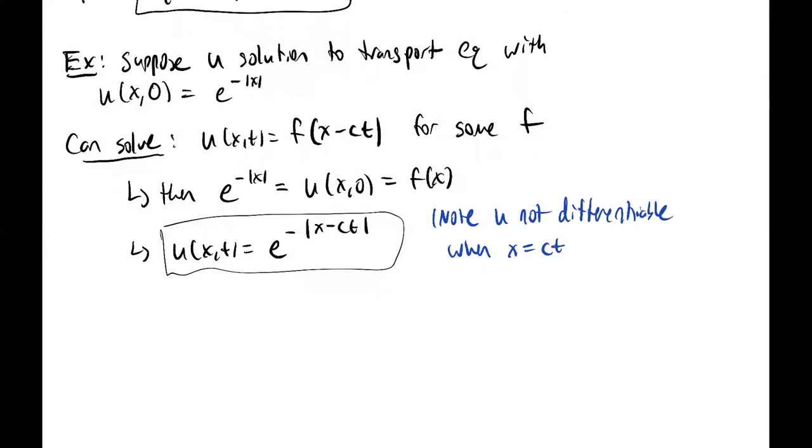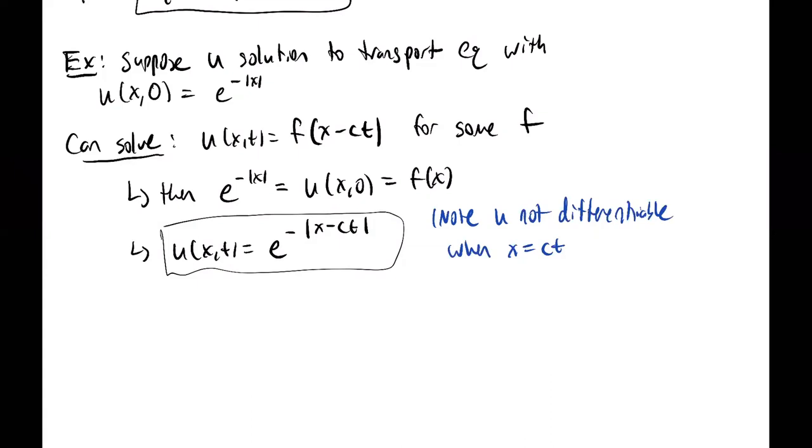Right, because at this point, if you take the derivative from one direction, the slope is going to be different from another direction because there's going to be a corner. So it turns out that for the sake of a lot of applications, even if your initial data looks like something like this example where there's maybe not a derivative at certain points, there are ways around this issue where you can maybe approximate it very closely by something which has derivatives, or you can define the PDE in a different way in order to deal with rougher data, or what are called non-smooth initial